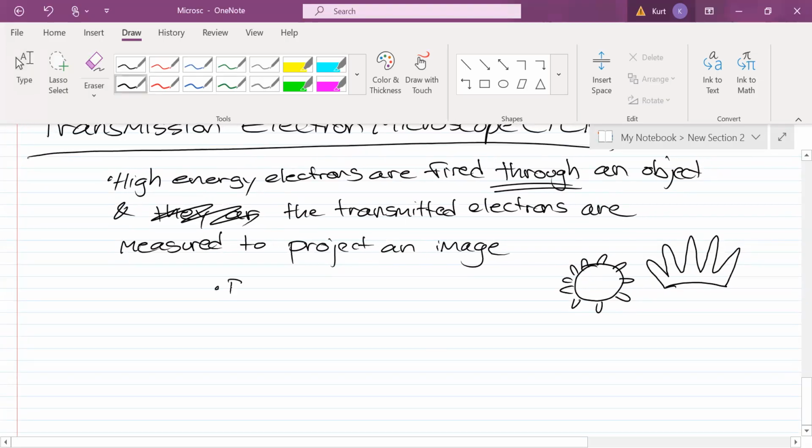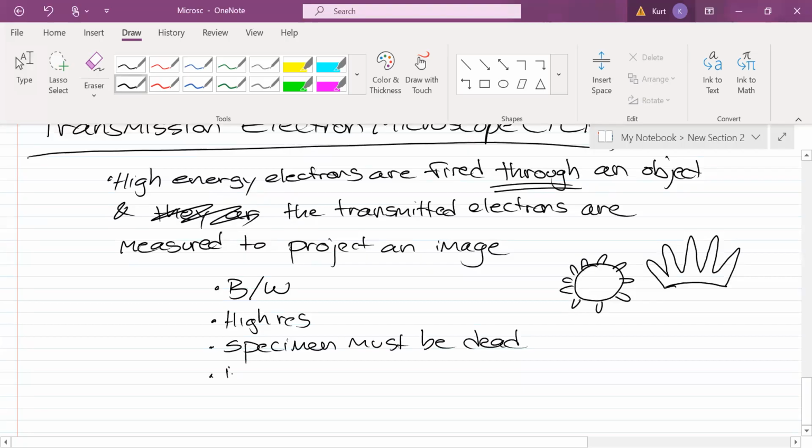The images are black and white, very high res. Specimen must be dead. And you're generally looking at the inside of a specimen. That's why you have a transmission microscope rather than a scanning one, because transmission goes right through it. And again, we use this to look at organelles and molecules inside cells. Yeah. So shooting the electron through the thing, does it cause any chemical reaction or anything,